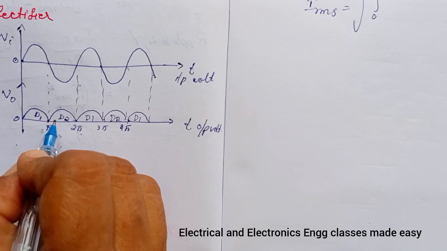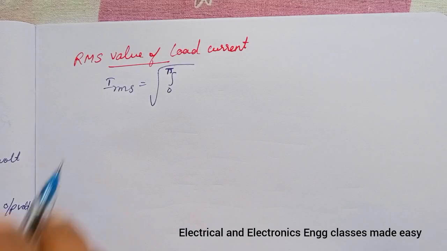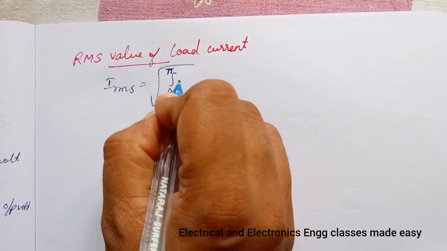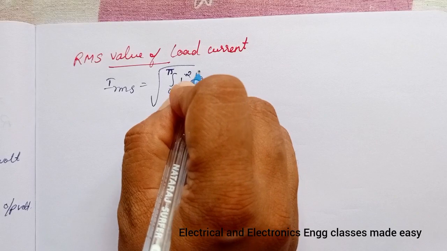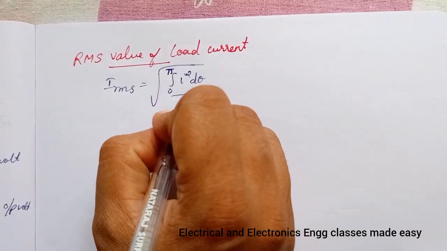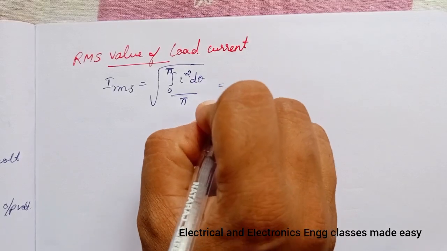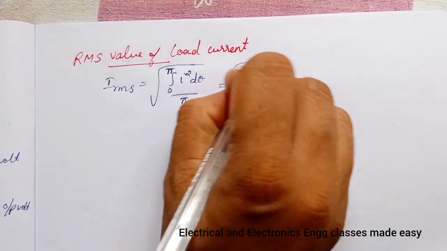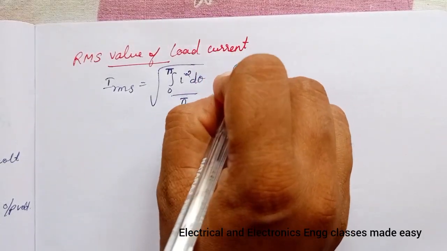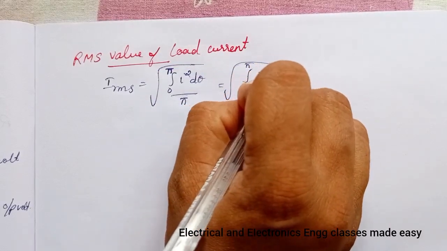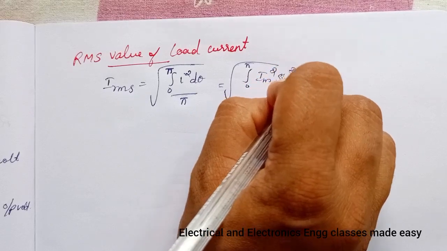So we get integral 0 to pi I square d theta divided by the base, again pi, which equals the square root of integral 0 to pi Im square sin square theta d theta